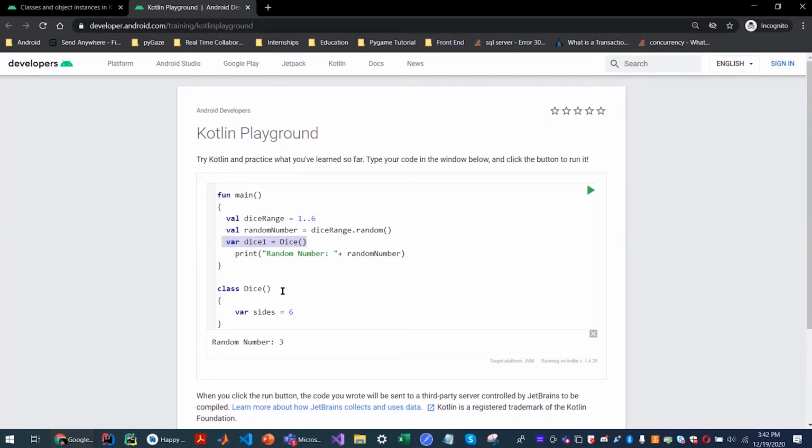One thing to note here is the naming convention for classes and functions. So for classes, you always start with a capital letter. And if you have multiple words, you use camel case. So if I said something like first dice, every letter of each word will be capitalized. This is mainly for readability purposes, to look clean. The camel case notation is applied for functions also, but instead of starting with a capital letter, you start with a small letter for functions.